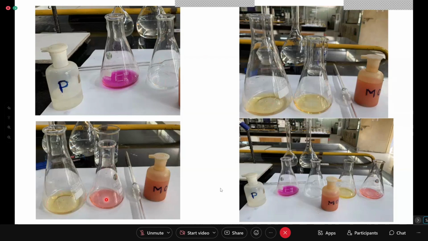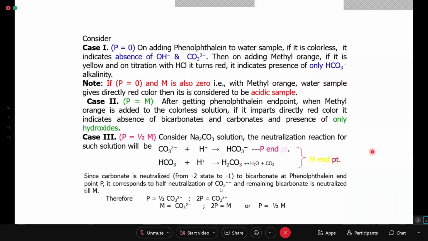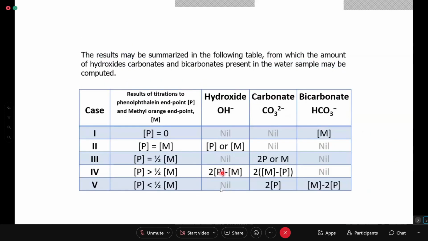So this is the one which is titrated. It shows an orange pink color or red pink color. That means it has turned from 8 to say 4.3 pH, and that is why all bicarbonate is neutralized. That is how, after pink to colorless, methyl orange was added in it, it became yellow. When it is yellow, you titrate with HCl, then it becomes reddish pink, orange red. Okay, so this is the Warder's table.